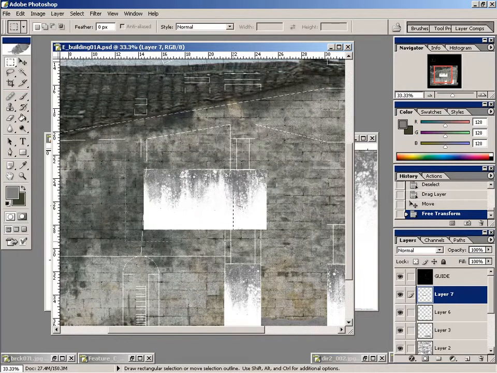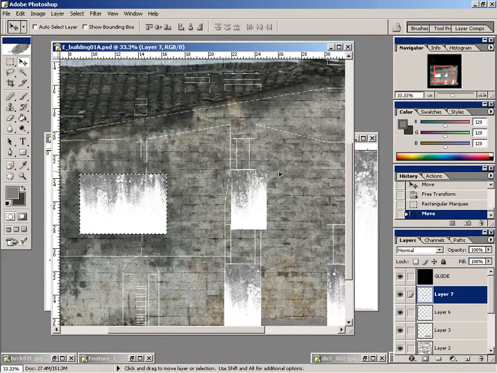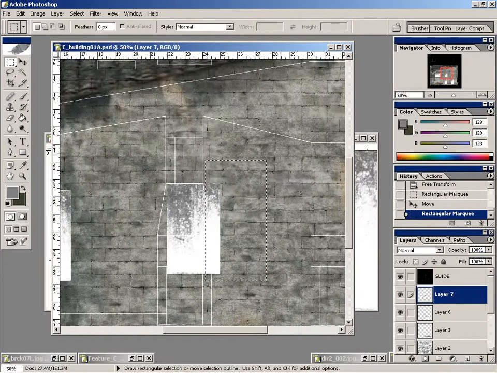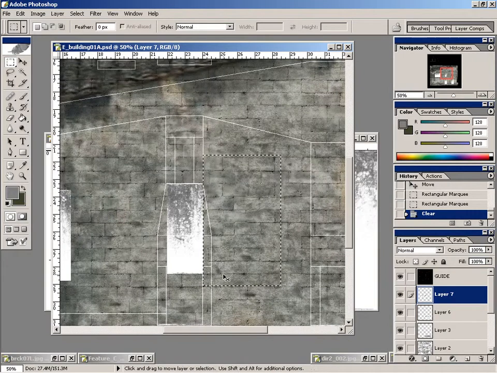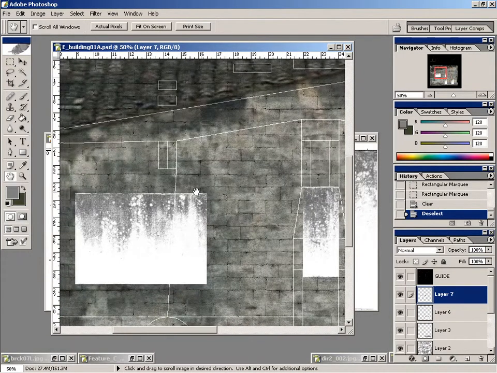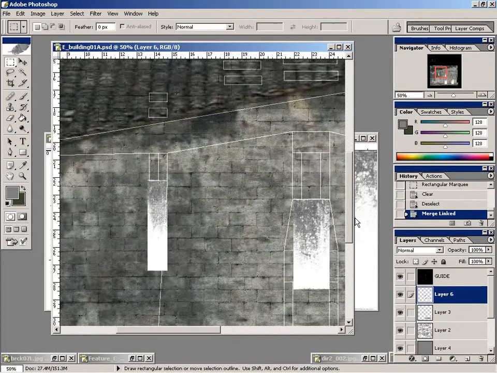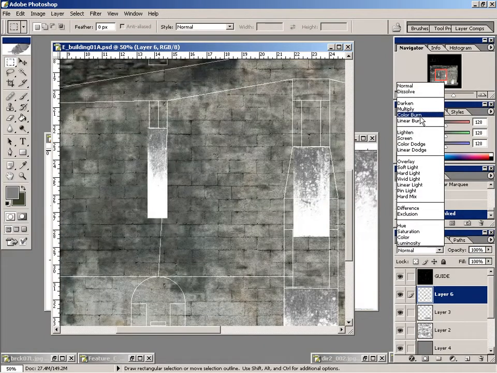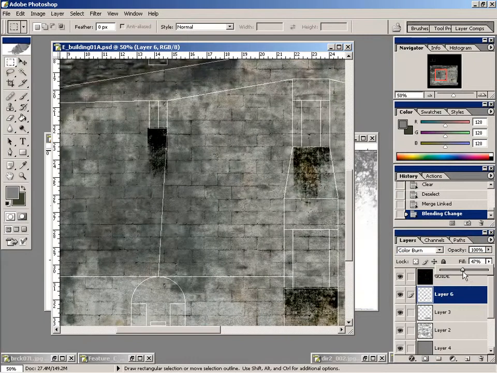And I'm going to do the same sort of thing. I'll just grab the stuff we don't need. And let me zoom in so I can make sure I'm in the right spot here. Take that and get rid of that. And we've got this. Okay, so I just merged those all together onto one layer, and let's try color burn, and we'll turn it